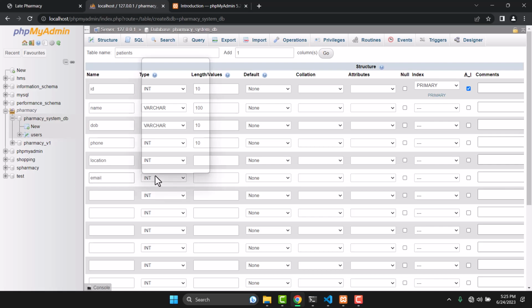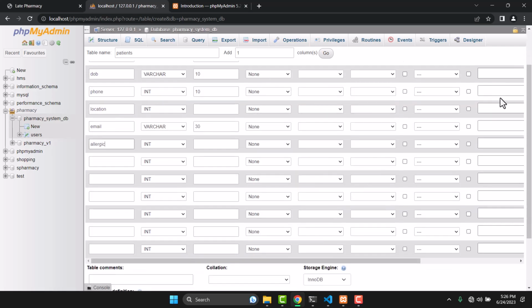This one can be varchar because it can be a combination of numbers and text. So for the email, let me give it 30, and then we're also going to have some other fields here. And these will be like Ragic. So you just want to see or maybe update the patient's records with maybe whether they are allergic to something